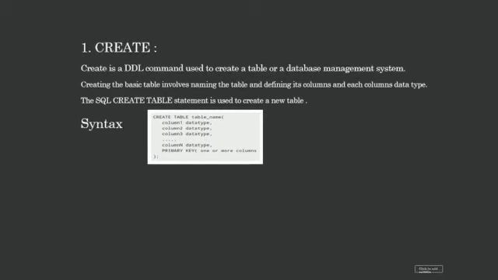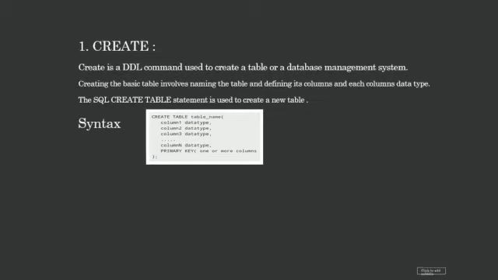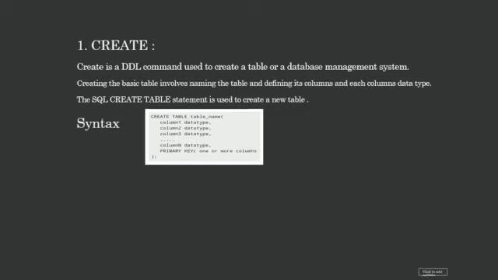The basic syntax of create table. This is the syntax of a create table. Create table is a keyword telling the database system what you want to do. In this case, you want to create a new table. Then in brackets comes the list defining each column in the table and what sort of data it is. A copy of an existing table can be created using a combination of the create table statement and select.